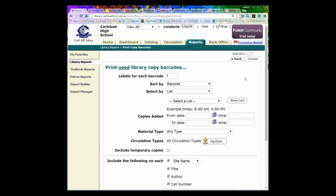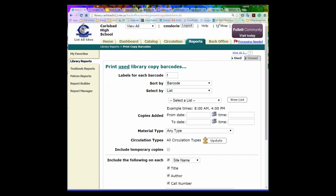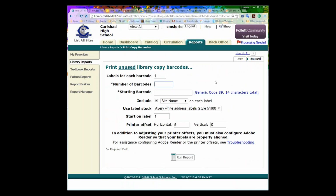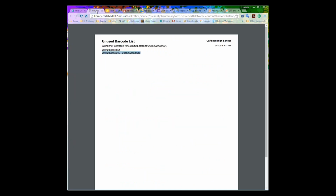Okay, what I missed when I was trying to do this is you have 2 tabs up here. You have used and you have unused. We're going to do unused. So we're going to do, that was a range of, so that would be 399 barcodes. So you could do 399. And then you're going to use